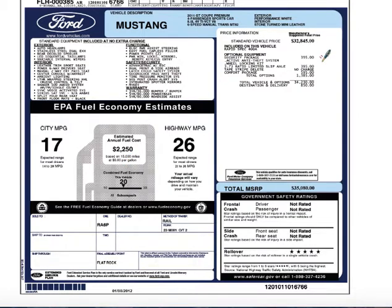When you come over here, this is where you're going to look at all of the costs. You can see that they have the manufacturer's suggested retail price here. That's the base price. Then they add on optional equipment. They added on a security package, some wheel packages, and a comfort package for $1,385. Those are things like your heated seats, your air conditioned seats, things that make your vehicle more comfortable. Then you can see that there's a destination and delivery charge for $850,